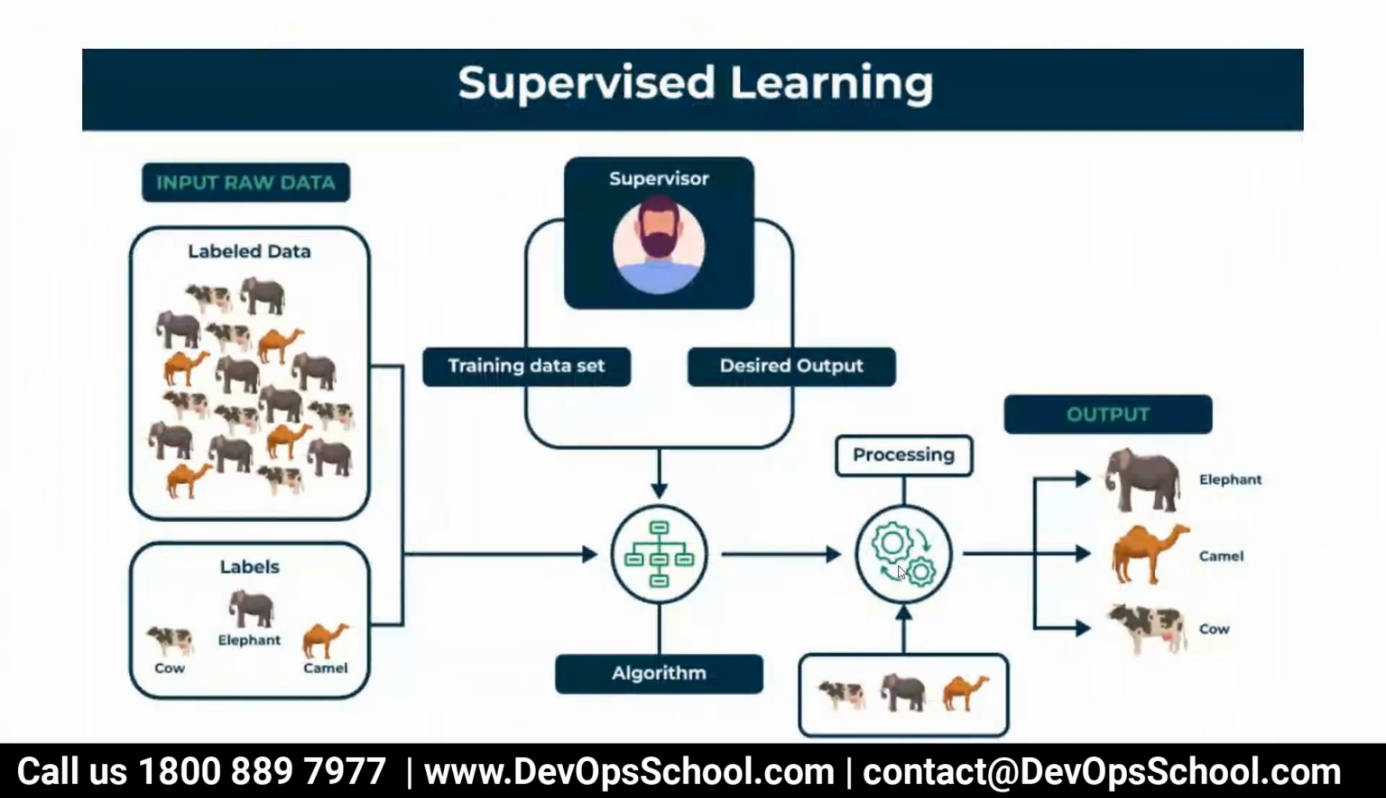If you see, these are all the data we have with the labeled cow, elephant, and camel, and then it passes through the algorithm, processes through the model, and the model is being trained, and then the output is which one is elephant, camel, and cow. This is just an example